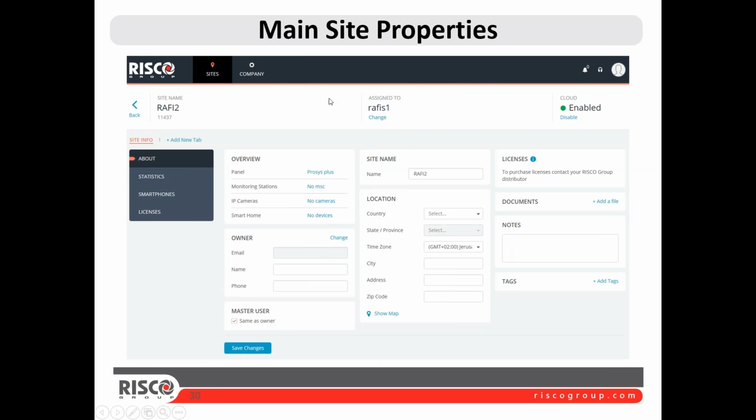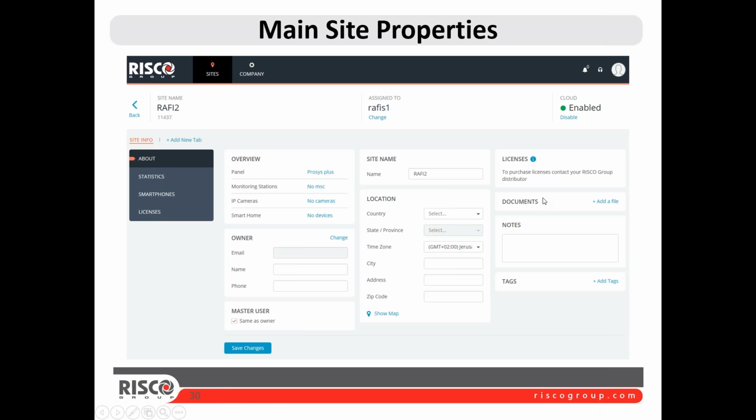Okay, some of the main properties with the site properties. You'll notice some of the additions. Some of these things look very similar to the current cloud, but you have at a glance all the different devices that are connected, and you'll also note the additional ability to add separate files. So you might have a commissioning form that's been scanned, or you may have some other documents here that you can add to